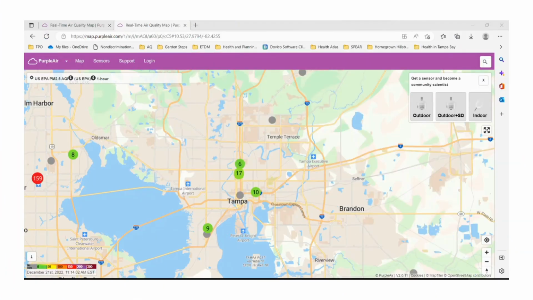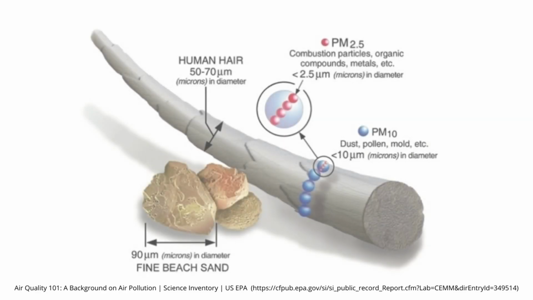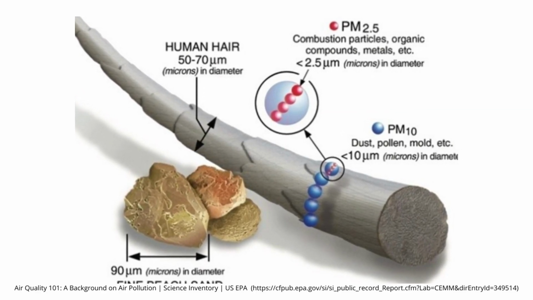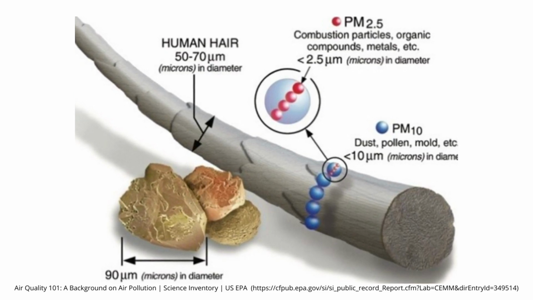So we know how to get to the map now, but what does the map tell us? PurpleAir monitors measure the amount of particle matter, or PM, in the air. PM is very small pieces or particles of matter, and they come in different sizes. The size is measured by their diameter, or the width of the particle. For example, PM 2.5 is a term used for the particles, with diameters that are generally 2.5 micrometers and